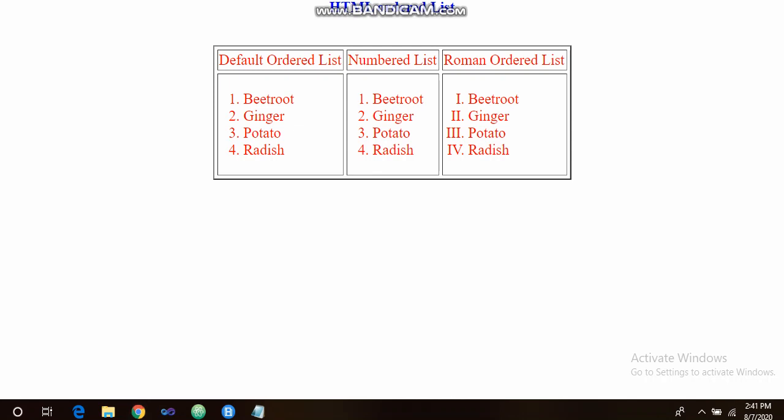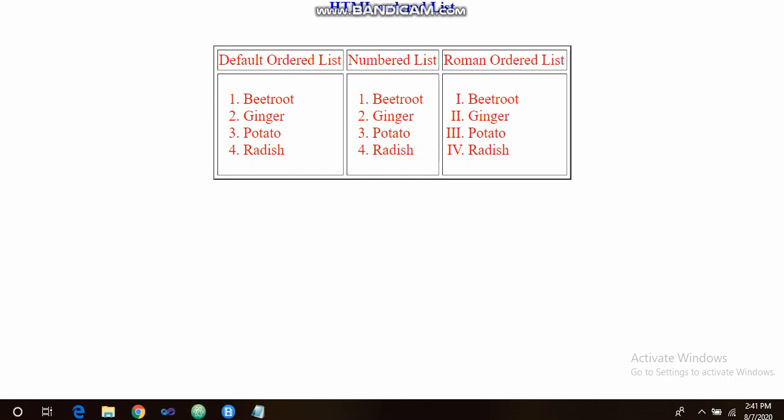We have created 3 columns, and we have also made use of a list, that is ordered list 1 2 3, which comes by default. This is an ordered list, and this is another pattern of the ordered list. So first create this file, right?